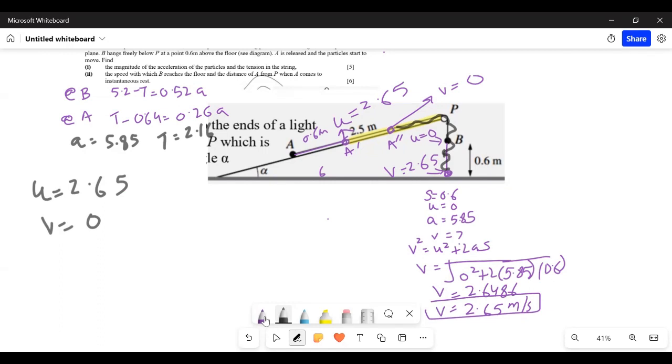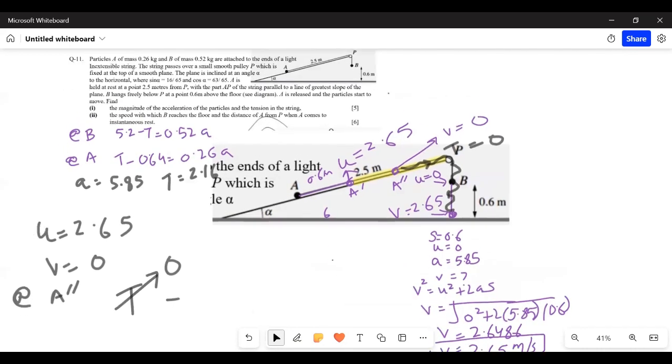The acceleration is not going to stay the same because after the impact, the string slacks. So now tension is 0 in this part. So the forward force is T, which is 0. Backward force is the same weight, mg sin theta, because there is no friction on the plane, so we will not use mu R. So now I'm going to use a at A or at A double dash. Forward force is tension, which is 0 since the string has slacked. Minus backward force is just mg